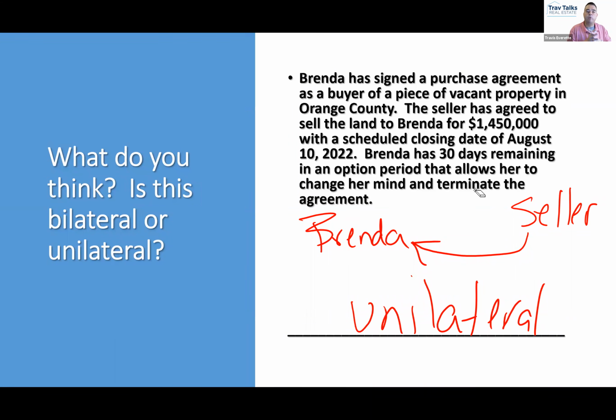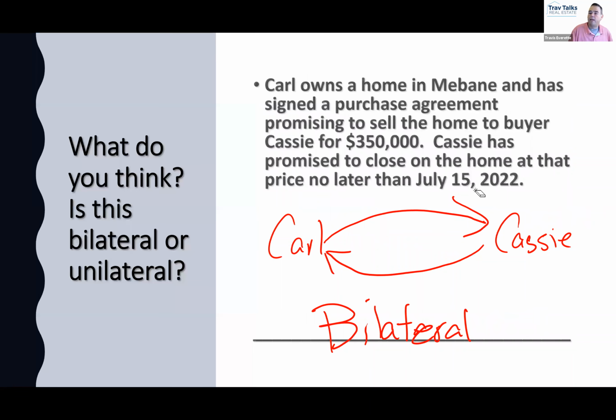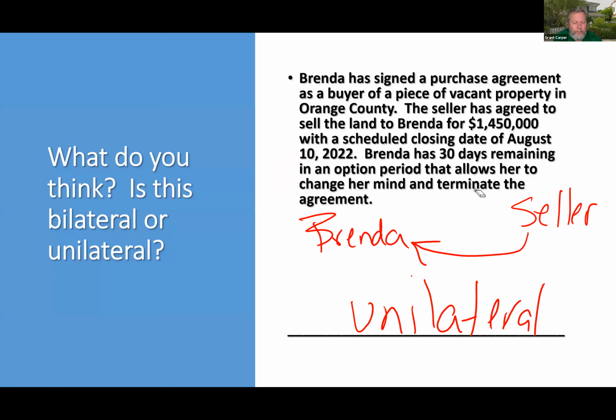Here's the thing I want you to understand. It's not that a bilateral contract is better than a unilateral contract. It's that it's more binding because it's binding on both sides. Does that make sense for everybody? Let me ask you a theoretical question. Could a unilateral contract be better in certain circumstances for certain parties? Oh yeah, for sure. If you're the one who has the wiggle room, a unilateral contract is great, isn't it?